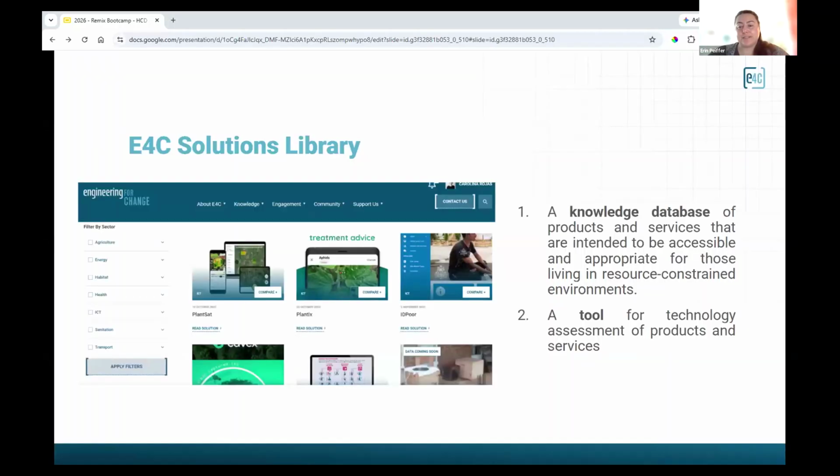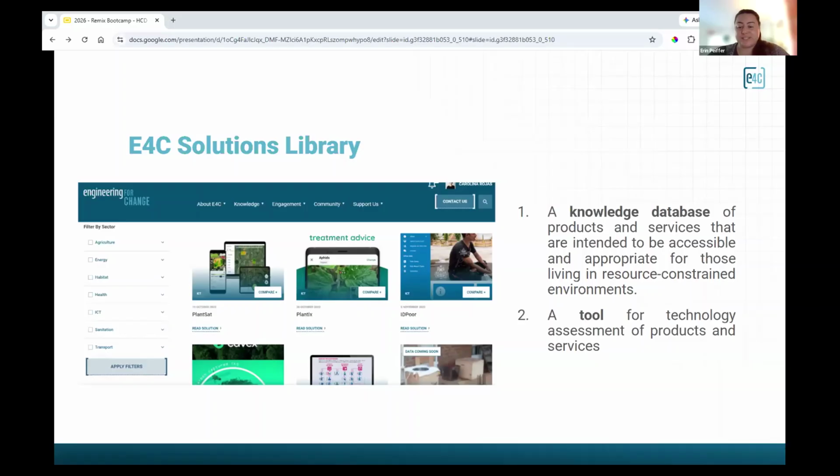And I wanted to flag that as part of the benchmarking process, there is a resource on E4C's website, which is our solutions library, which is an open access database of technologies for resource constrained settings with standardized data that can help in decision making. We have over 1,200 solutions in our database, and you can see that it spans 8 different sectors such as agriculture, health, energy, and ICT.